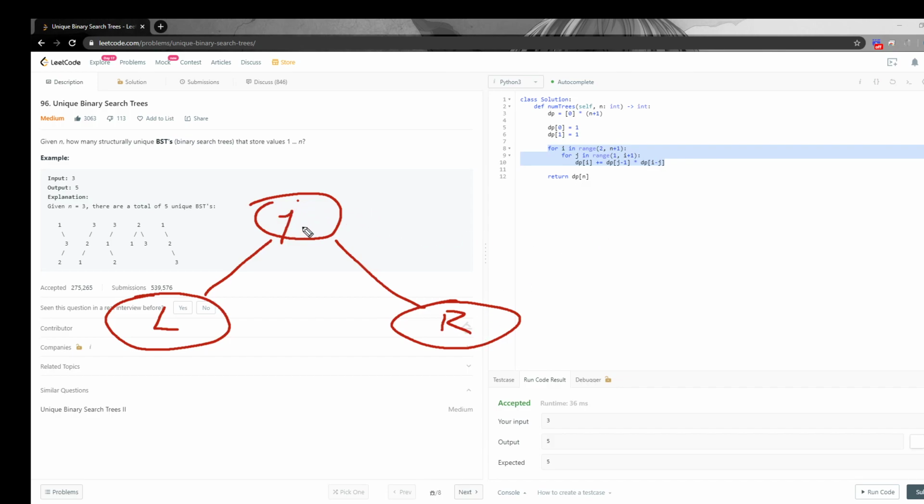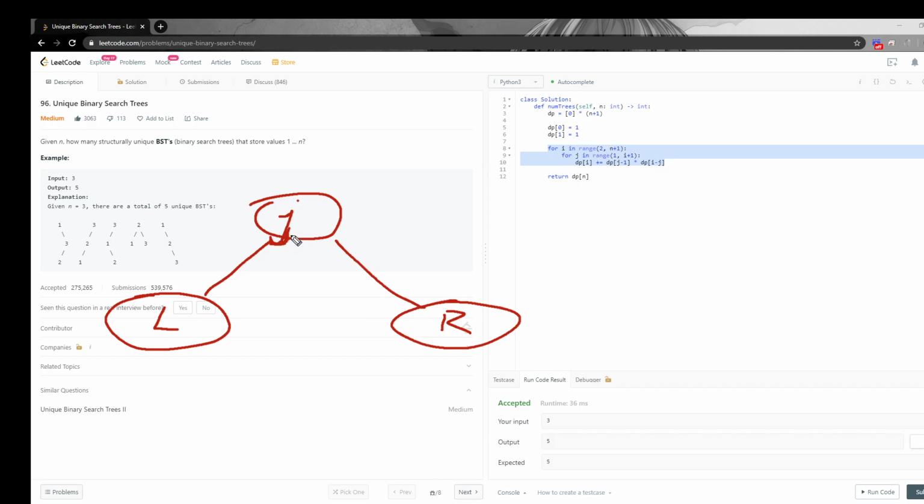For each node, because we need to try each element within the I range to be the root, we can have all the results. For each J here, we find how many nodes on the left side and how many on the right side. Remember, the value of the nodes doesn't matter. All we care about is the number of nodes. And then we do the product of them. We get the current result